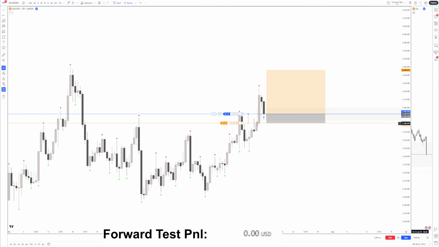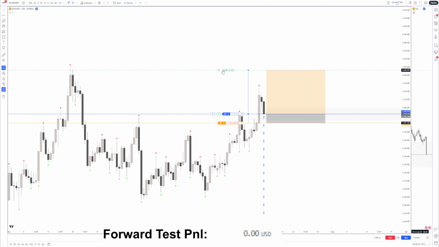So we are placing our stop loss just below this candle. Okay, and you can see that we are not at that 1%, so we're going to increase our position size until we hit that 1% mark. So we're almost there. Yep, so we got 1%, and then we are aiming for a 5-to-1 reward to risk,